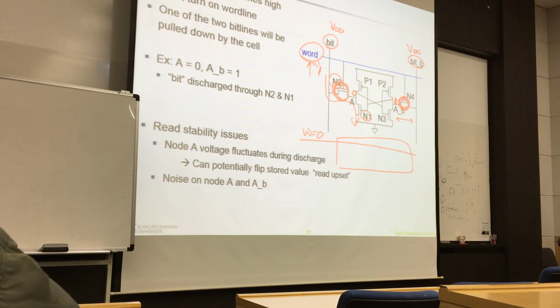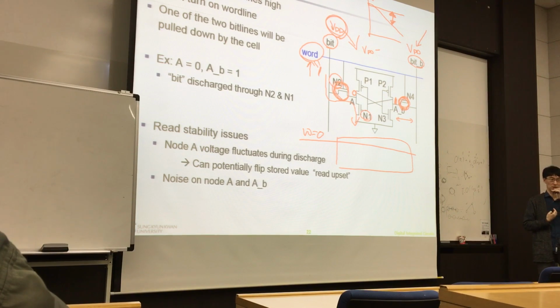So, depending on which side you are storing 0, that side will discharge the bit line. So this voltage will go down like VDD minus something. This node will go down something like this. This node will stay something like this. So you can sense the voltage difference between these two nodes